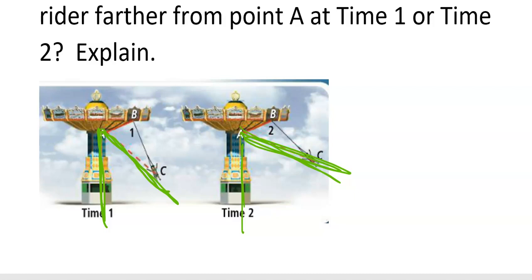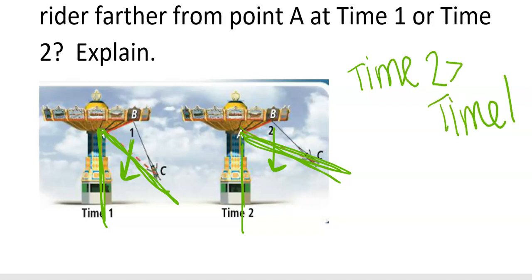So looking at the triangles, with angle B, it goes to this one. Angle 1 and angle 2. Angle 2 goes with this one. If the angle is bigger on that outside, then the side opposite has to be bigger as well. So we're going to say time 2 greater than time 1. And to explain, we're just going to do side, angle, side, inequality